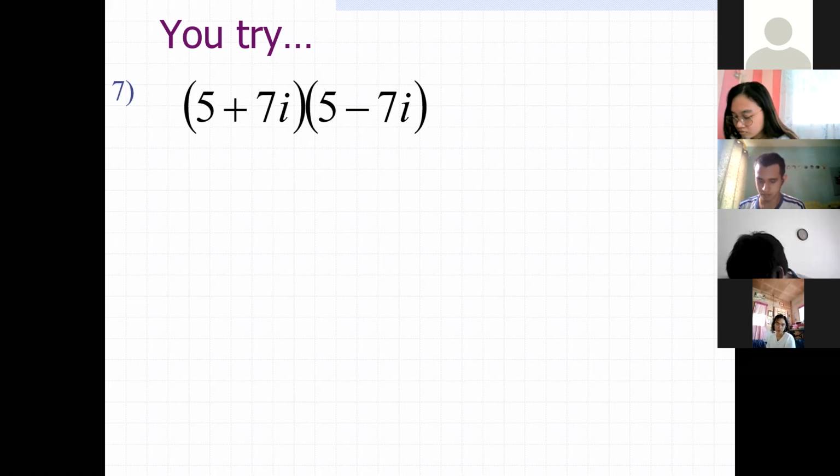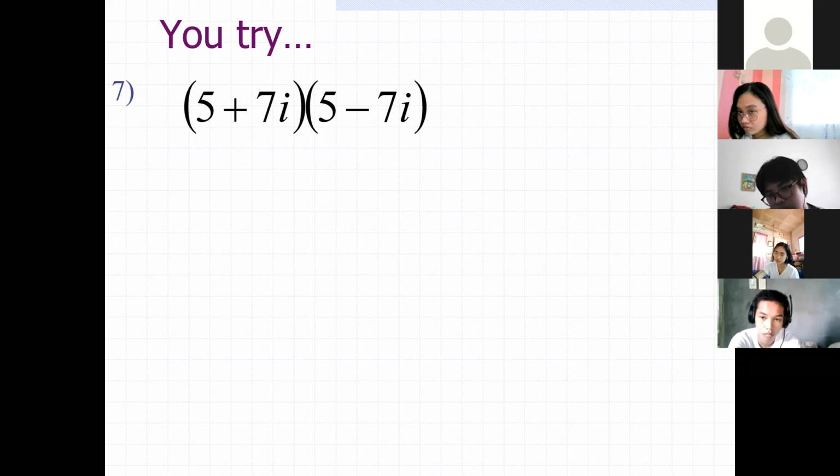For those who are not being called, you can also participate by typing your answers in the chat box. Let's see if your answer is the same as the answers of those who are being called. 74, sir. Exactly, 74, Ken. Yes, sir. Very good. And that's also the same answer from Harl and from Bam Datoy.